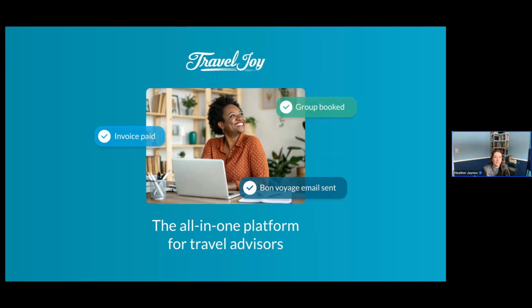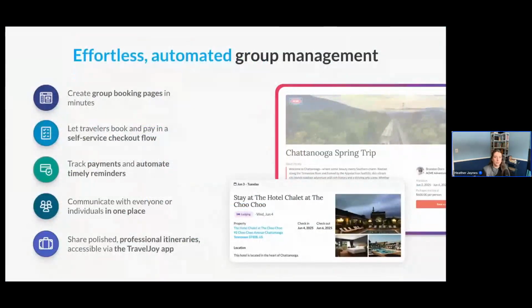Now, before we dive in, I want to zoom out for a moment and talk about what group management should feel like. With TravelJoy, groups are designed to be effortless and automated from the start. You can create a group booking page in just a few minutes and then let your travelers take it from there. Booking, paying, and completing everything they need in a simple self-service checkout flow.